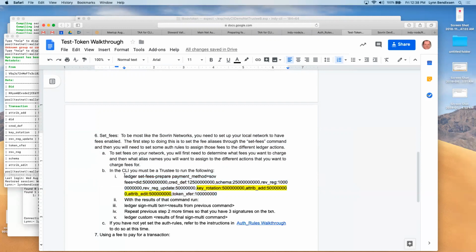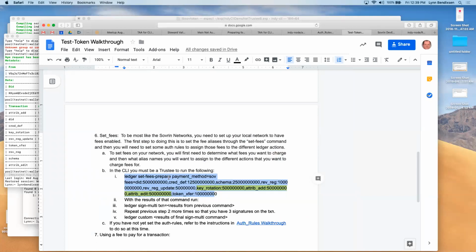I do the set fees prepare, and what it does is return the transaction, and then there's a ledger sign multi that will allow me to sign that transaction. So I run ledger sign multi on the transaction returned from the set fees prepare, and I pass it to Adam, he signs it, and I pass it to another trustee.